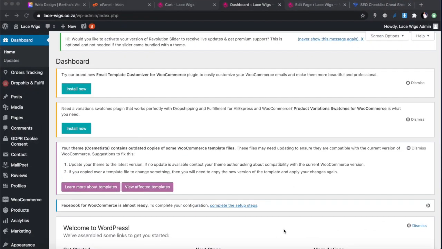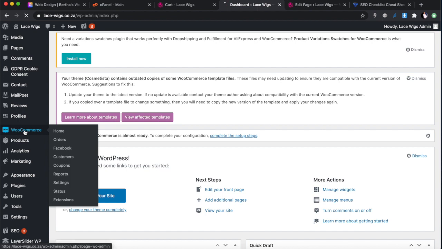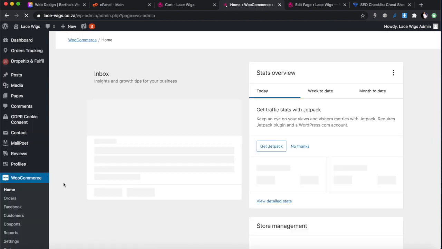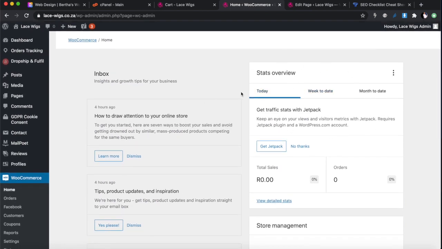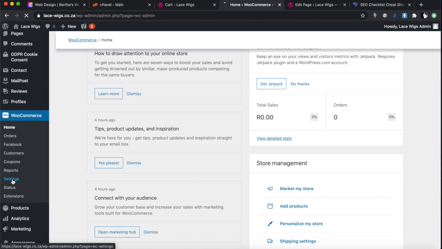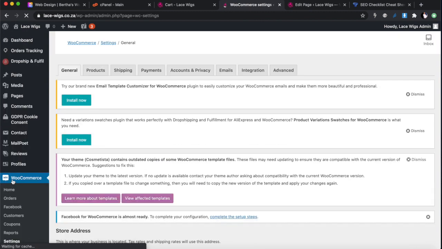So for us to be able to get our store ready for checkout and to complete the entire process on the store, there are two main things we need to do: include the shipping requirements and the payment methods. So for that, you need WooCommerce. Just click on WooCommerce and go to settings. If you click on WooCommerce the first time, it's still trying to take you through the overview, but forget about that. Just go directly to the settings so that you can do that manually yourself.